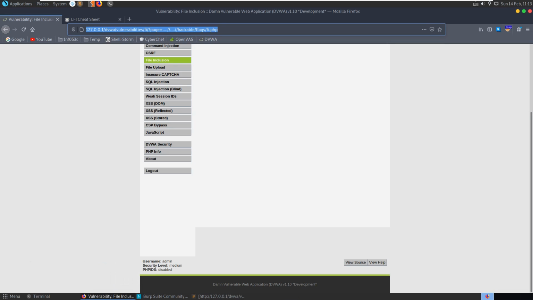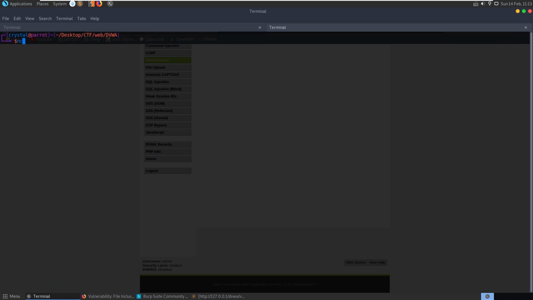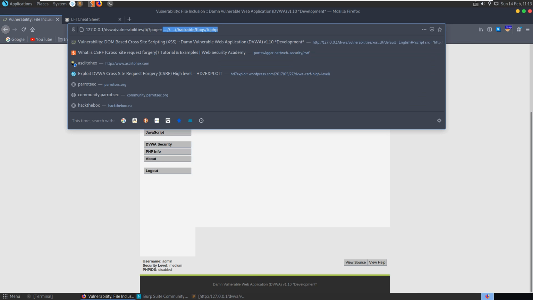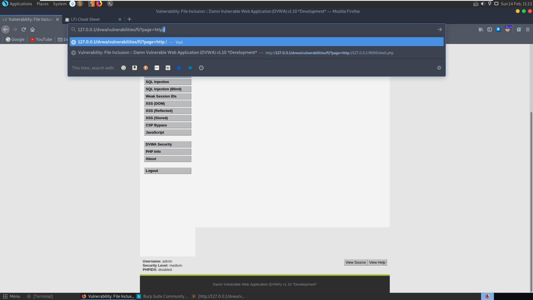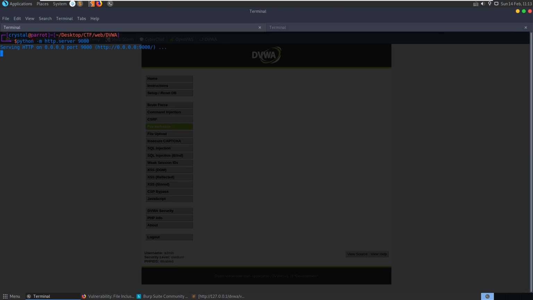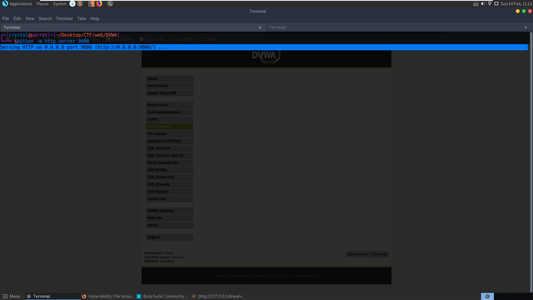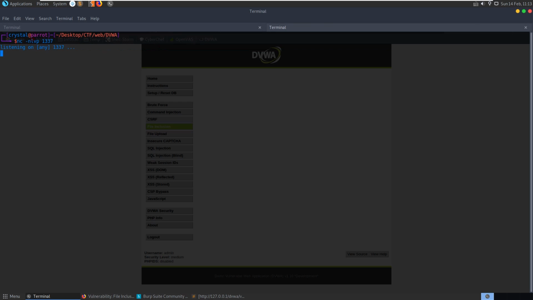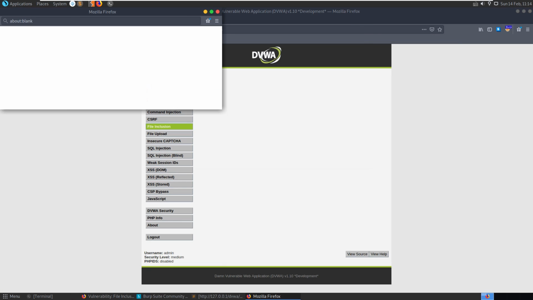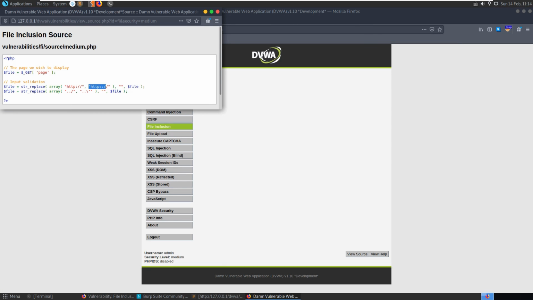Let's set up a netcat listener as well, nc -nlvp 1337. Let's go back here and try to access HTTP, and we still have our URL here, the shell one. Try to access it, we get nothing. If we go back to our terminal, you can see that we have nothing here either. So there was no request to our shell, and that's obviously because we have the source code here, which is stripping out our http://